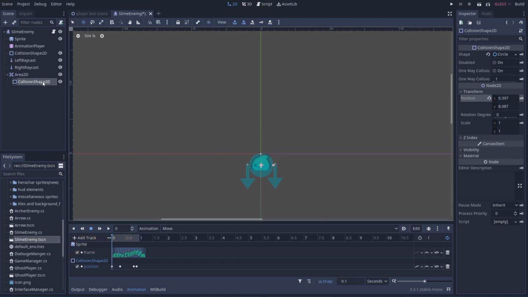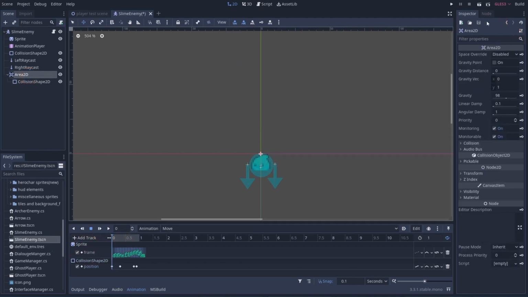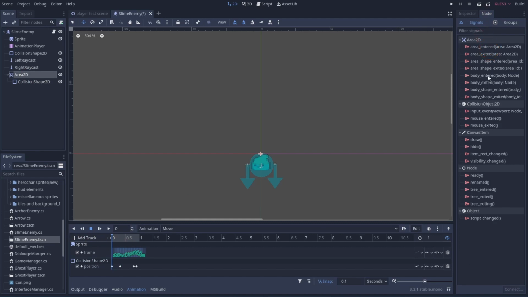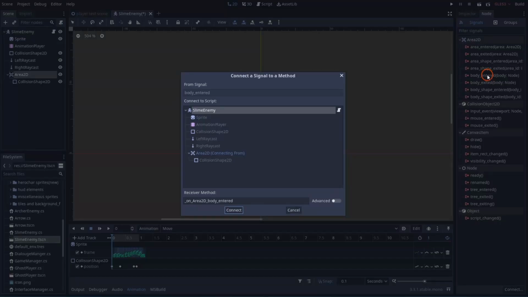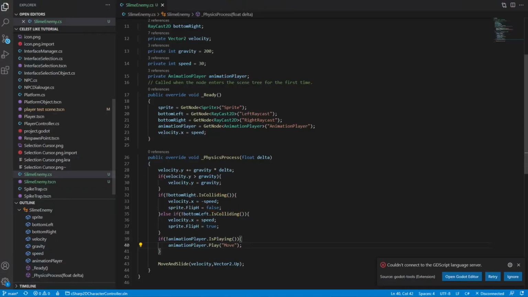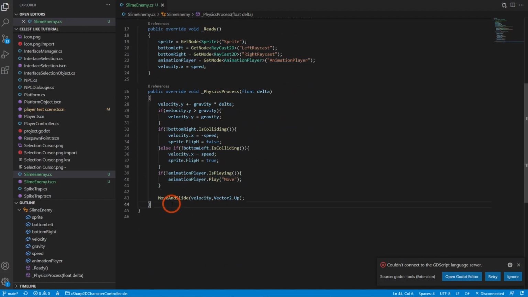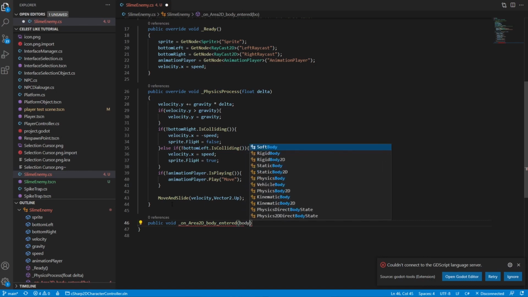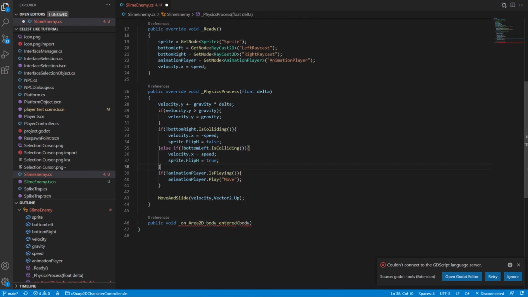So now that we have that, let's click on our Area 2D, go to Node, go into body entered, double click that and click on our slime enemy. Let's copy this, connect it. And let's come down here and go public void on Area 2D body entered, taking an object and name it body.